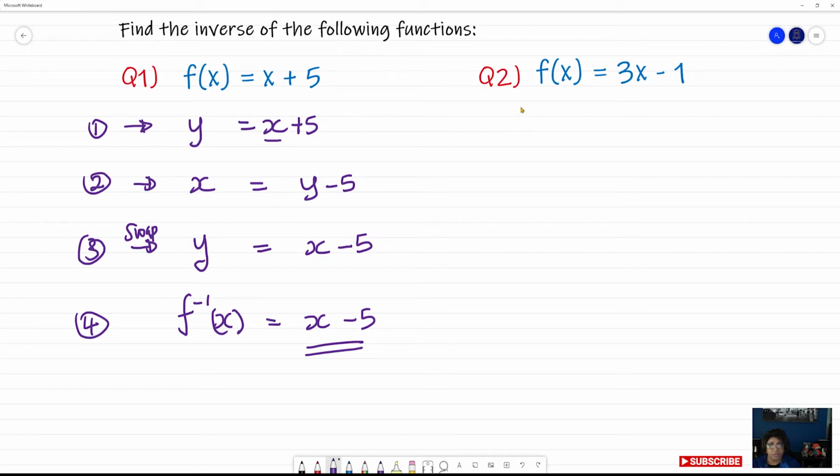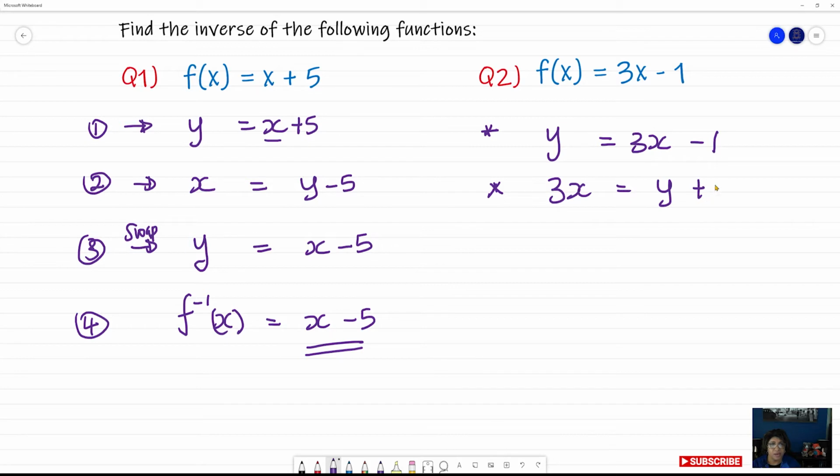Let's do example 2. Well, first step, what do we need to do? So I'm just going to mark it this time. We're going to replace f of x with y. So y is equal to 3x negative 1. Step 2, what we need to do is make x the subject of the formula. So we're going to make 3x equals